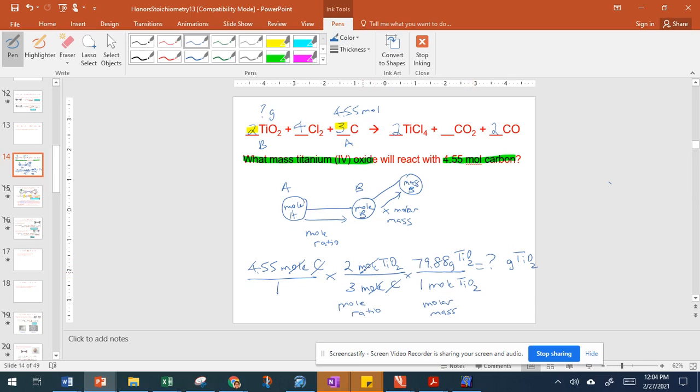Now we notice here that the moles cancel out once again, and now titanium 4 oxide also cancels out, and we're left with grams. So now if we plug that into your calculator, we're going to go 4.55 times 2 times 79.88, and then divide that by 3. When we do that, I'm getting 242 grams of titanium 4 oxide. You notice I rounded that to 3 significant figures, and that is because 4.55 also has 3 significant figures. So this is a moles to mass problem. So we're adding on another conversion factor here. Okay, so let's